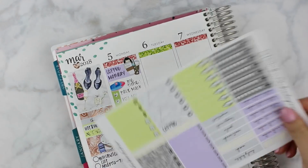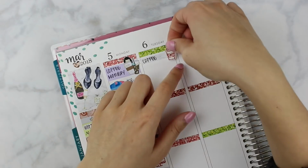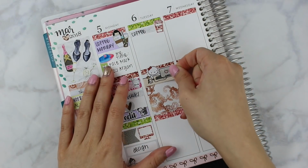And also I wanted to do some yoga in the evening. That's one of my fitness challenges for Hot and Healthy, and I used a Pumpkin Paper Co. yoga girl to mark that. On Tuesday, the first thing that I put down was coffee, so I just used a label with a coffee